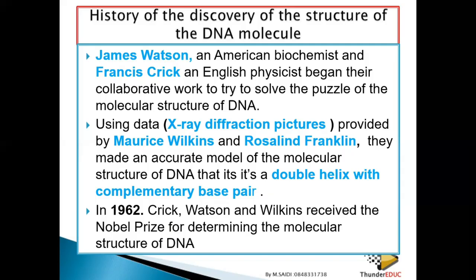You have to know these names because they can mix them. James Franklin and then Maurice Watson. In this case, you have to know. Because you see Maurice, you think that's the person, yet they say Maurice Watson, a person who doesn't exist. So it is James Watson, Francis Crick, Rosalind Franklin, and Maurice Wilkins. You have to know them. Don't confuse them. Some people say that these names are complex.